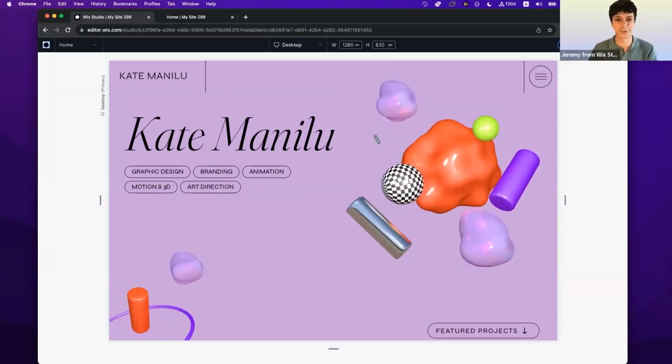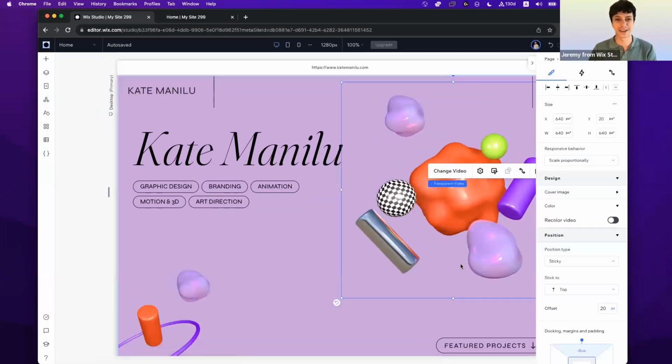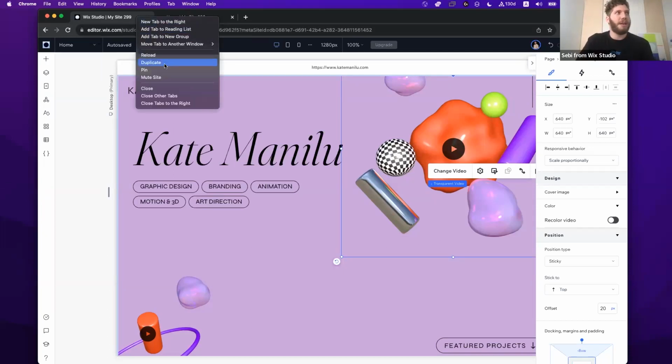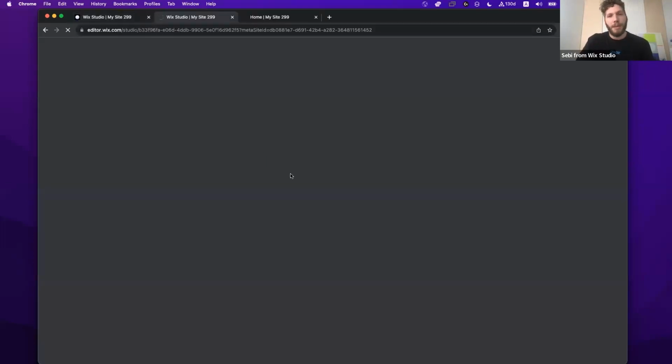Great. Yeah, lots of cool ways of making your site super unique and really creative. I'm loving all these questions. What are some of the collaboration features for working with a team? Oh, this is a really great question, and actually, I'm going to duplicate my tab here because I want to show one of